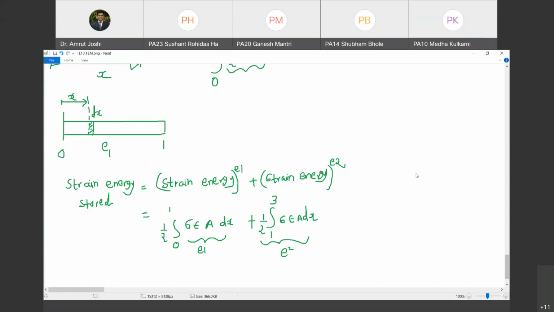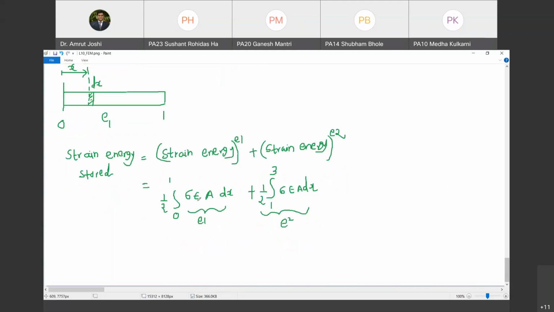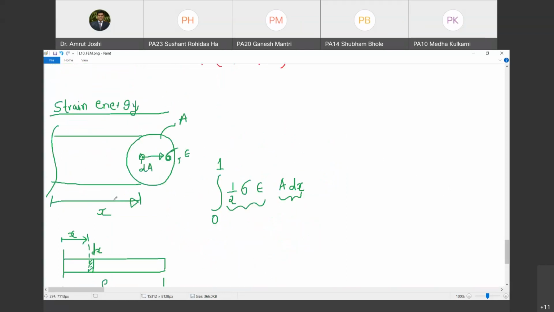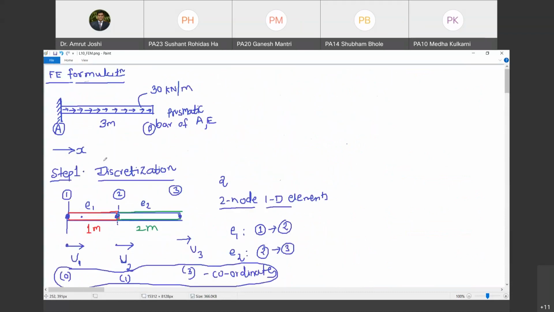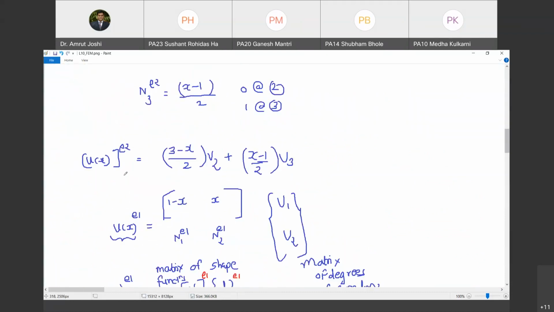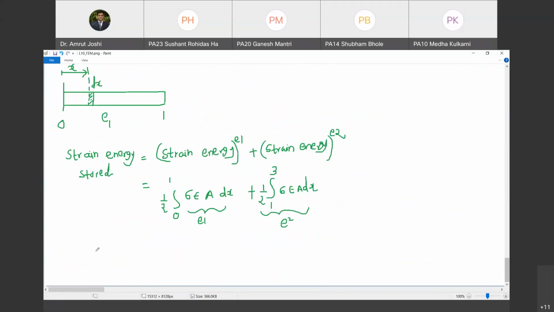Okay. Now, how do I write the relationship between stress and strain in this particular case? As this is the one-dimensional case, truly speaking, I should write the expression as stress tensor is equal to C times epsilon. Are you with me? I hope you know this relationship. This we call the constitutive matrix.